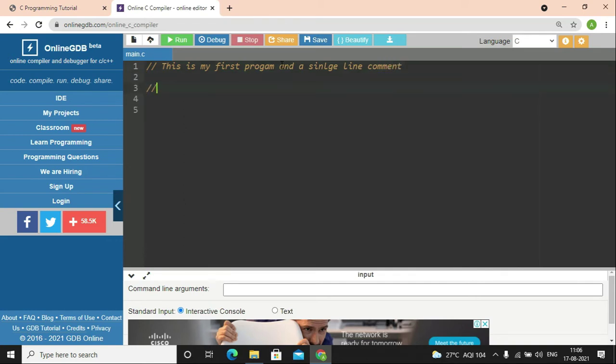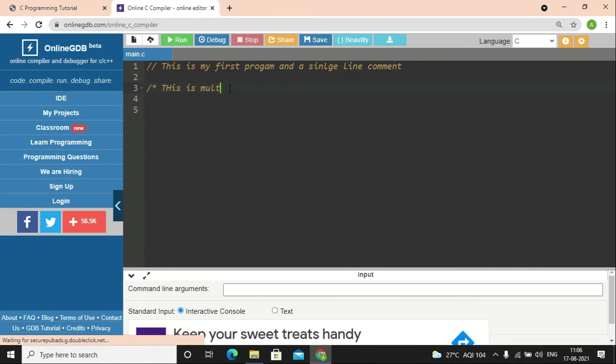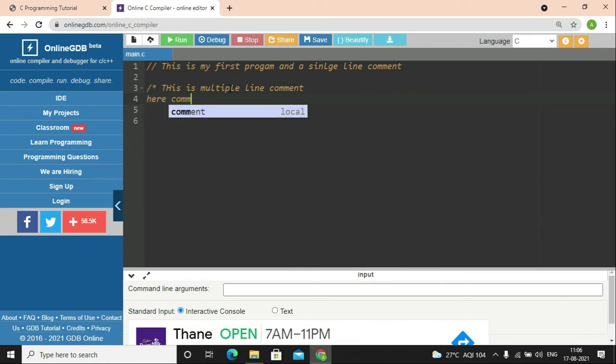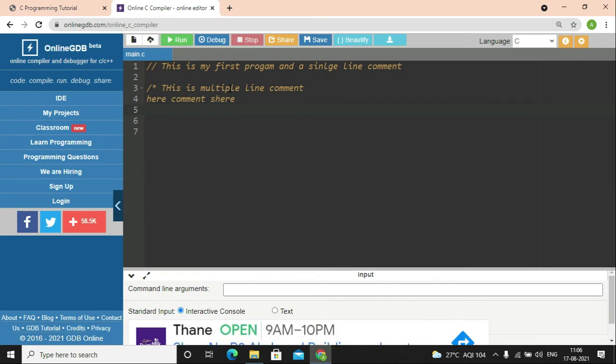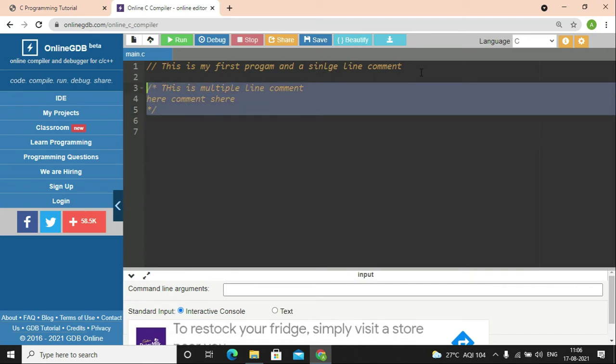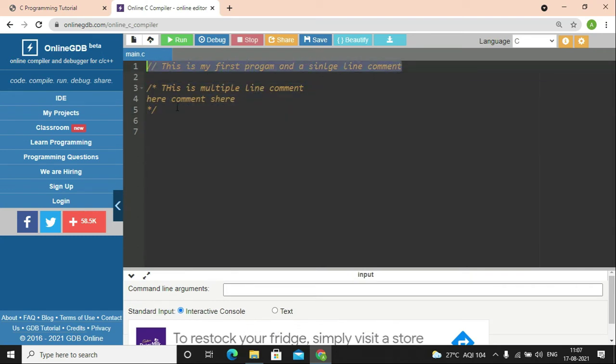Now for the multiple line comment, what you have to do is type slash and the asterisk. Asterisk is on the 8 number key. So for that, you have to press shift key plus 8. Okay, then you will get this asterisk sign. Shift key plus 8. So I'll erase this. Okay, so this is a multiple line comment. Here you can have multiple lines of comments, whatever you want to write, it's okay. After writing everything, again you have to press the asterisk sign and this slash. So this is a multiple line comment and this is a single line comment. Hope this is very much clear to you all.